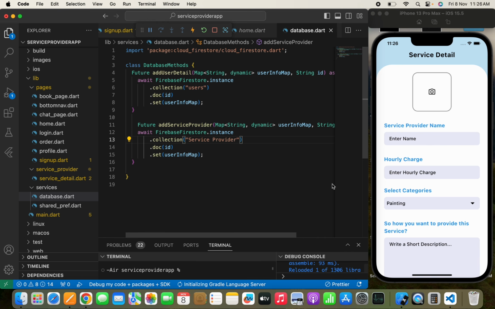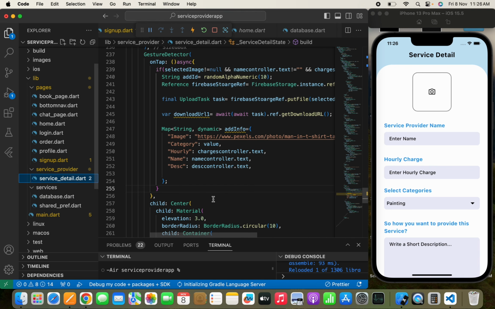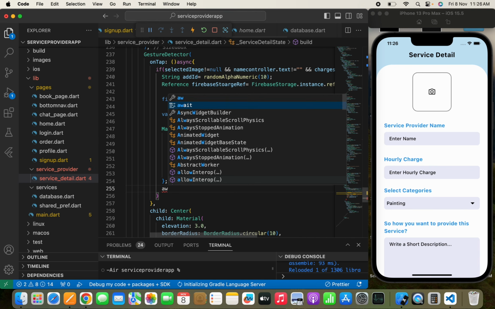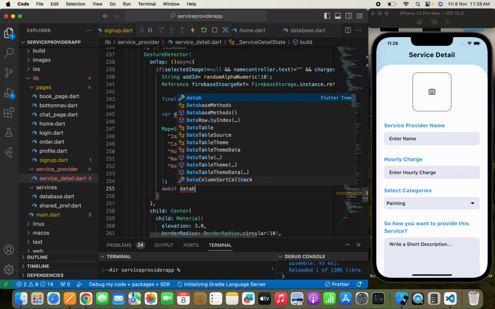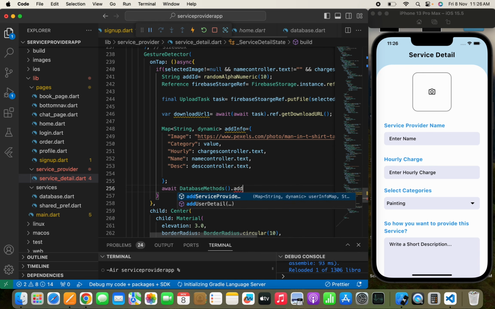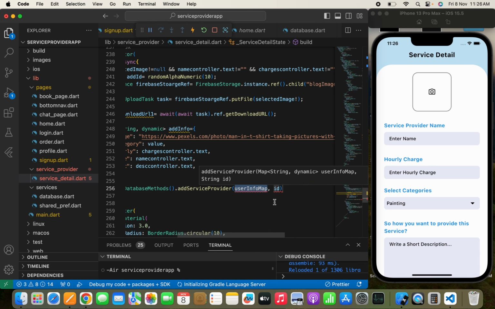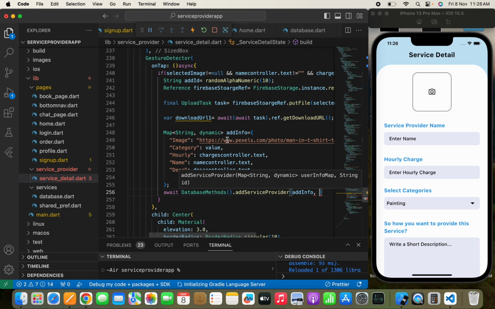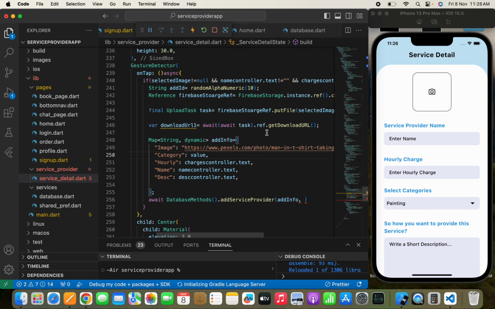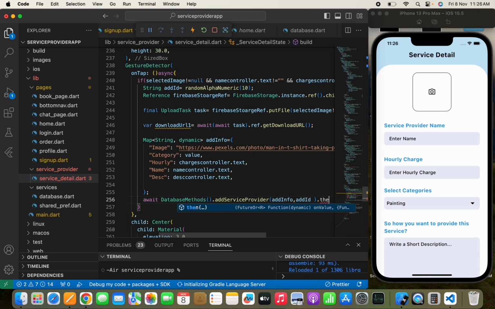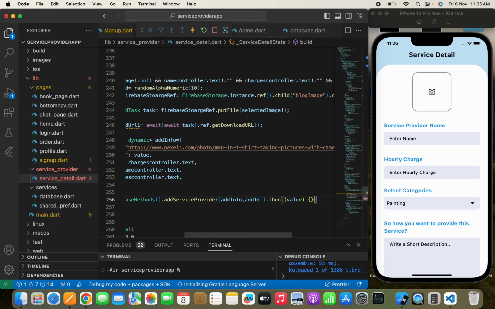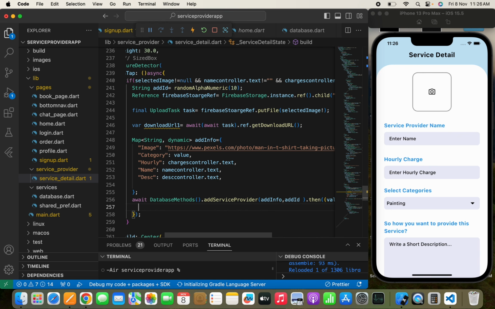Yeah, so here it is done, and let's move over here. We need to pass await database methods dot add service provider, and we need to pass a map name which is simply add info and the unique id. So what is our unique id? Is the add id. So we'll write add id is the unique id dot then, and here we need to pass some like toast message to show that the data that the service provider trying to submit has been submitted